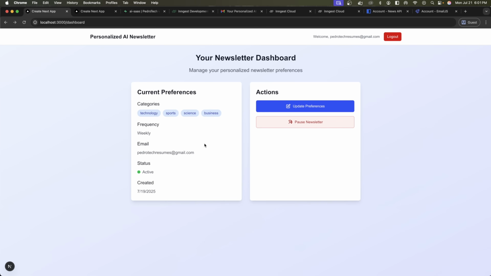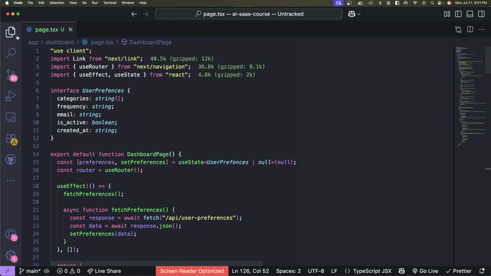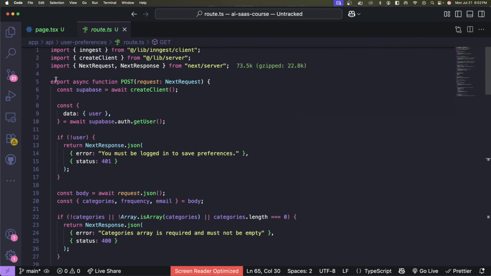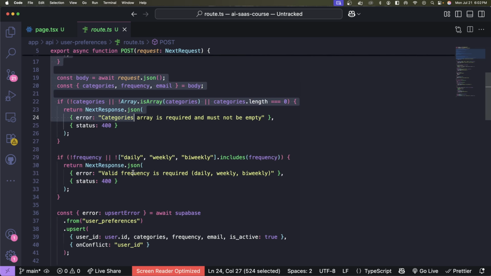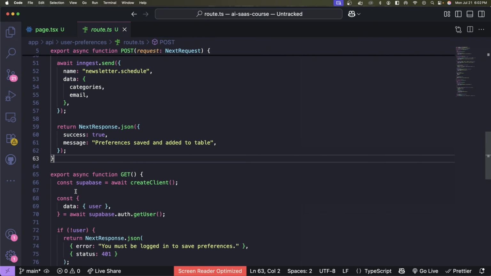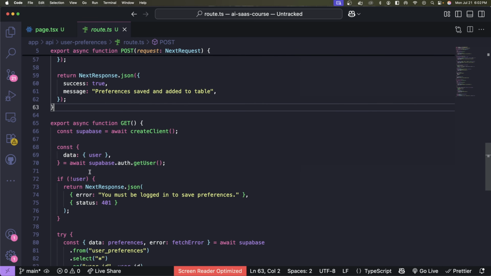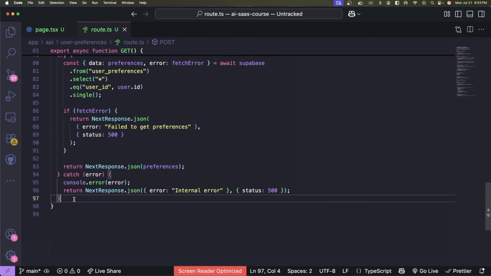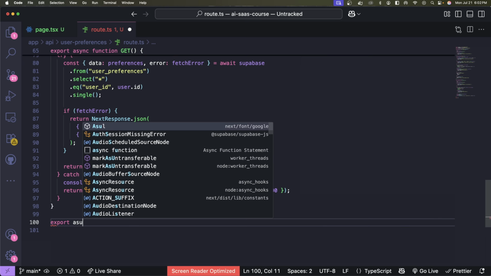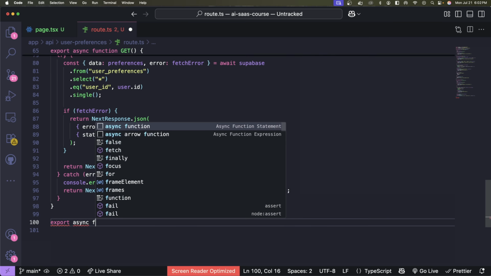Well, if I go here into our route where we have the user preferences, in here we want to make a route that is going to update a specific piece of data in our table. Now, listen to what I said. I said update a specific piece of data, not replace it. So a lot of people might expect us to come here and create an async function